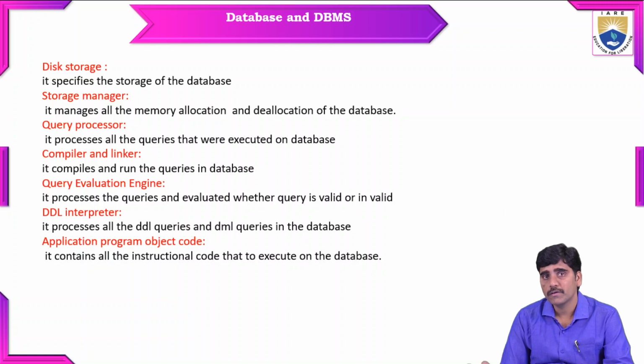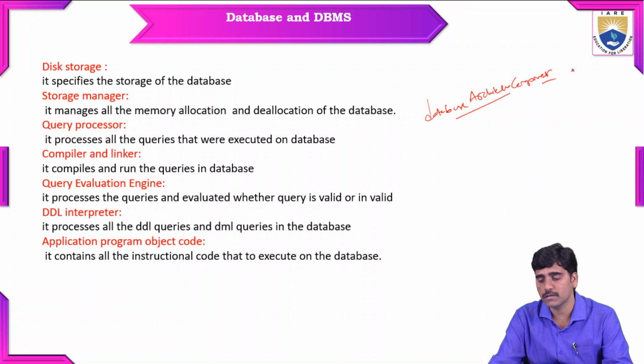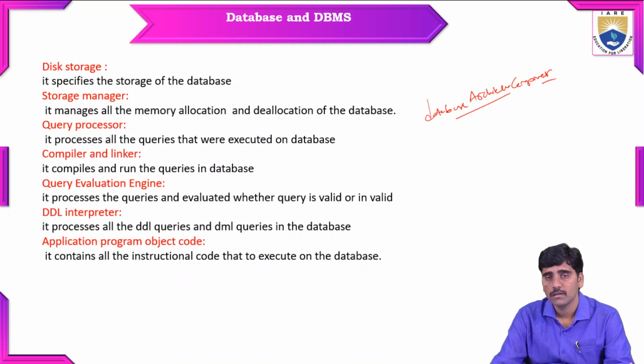And different types of database components are there. So database components, database structure components, or database architecture components. We can have different types of how it is going to be architectured in the database in real time. So how it is organized, how it is architectured means the database architecture comprises of